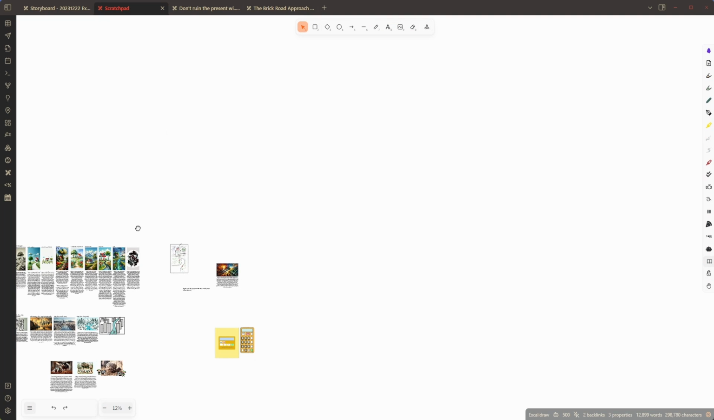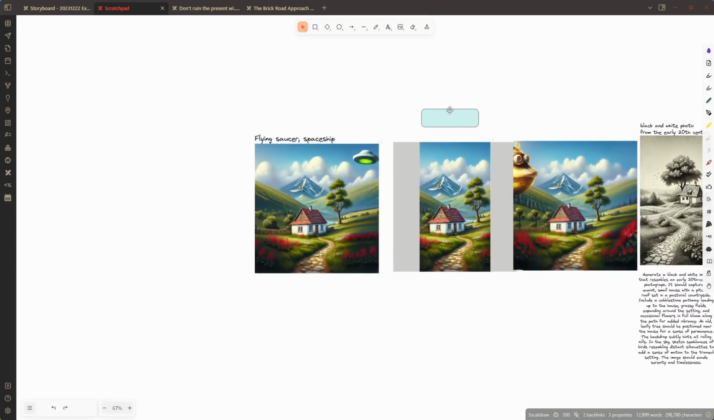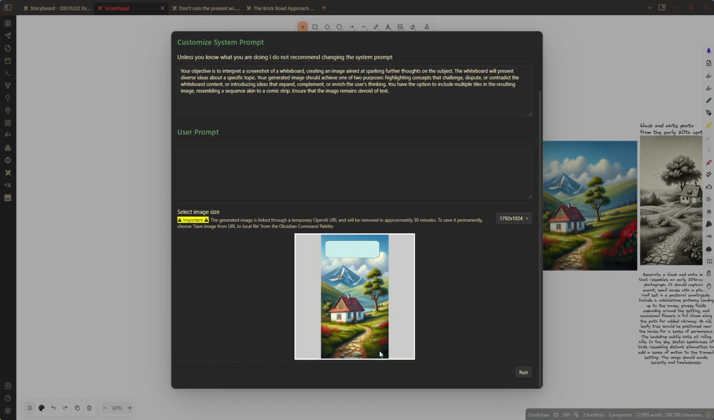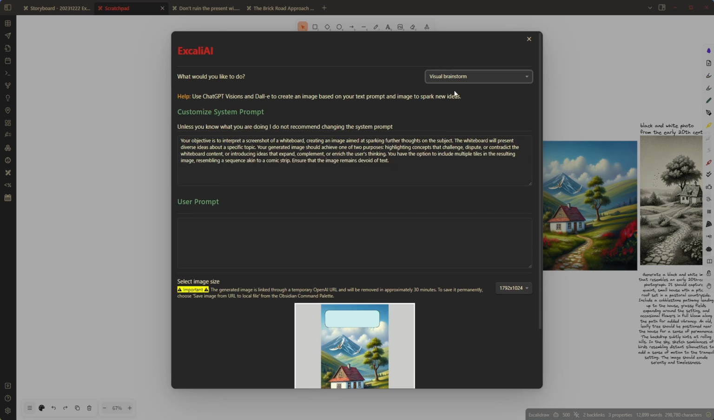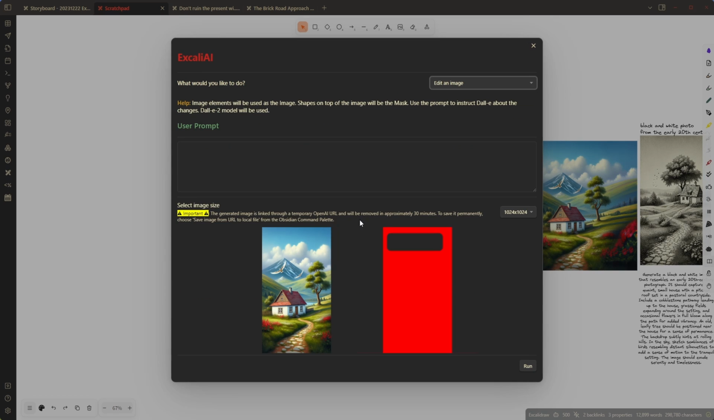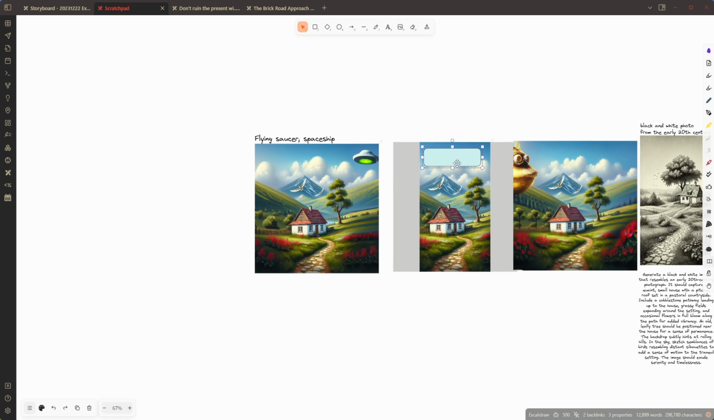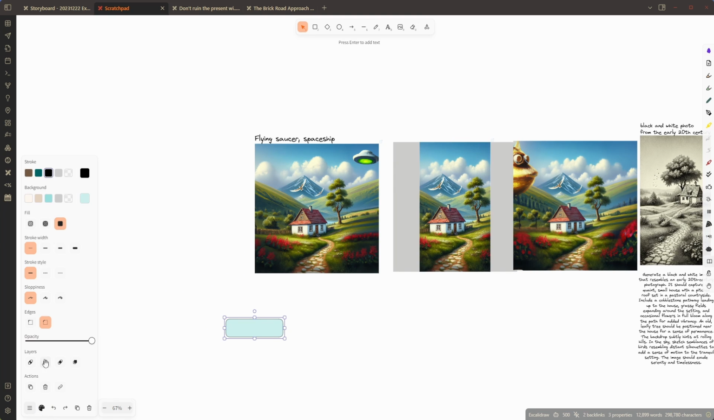So you remember here that we were looking at this mask like that. And here, if I start ExcaliAI, you can see that in the normal case, this entire image would be sent to OpenAI. If I choose here edit image, then this is split into two. I have the picture and I have the mask, and wherever the mask is black, that's where the image is going to be generated. Maybe this can be much more visible if I do it here. Let me bring this to the front